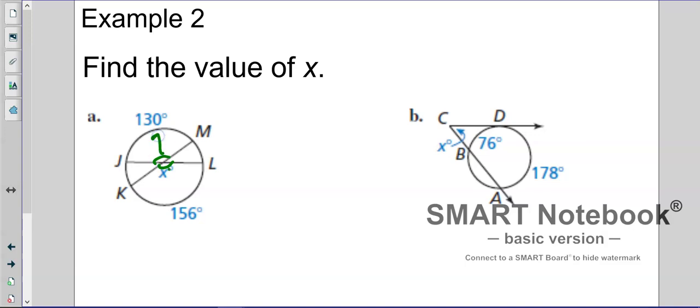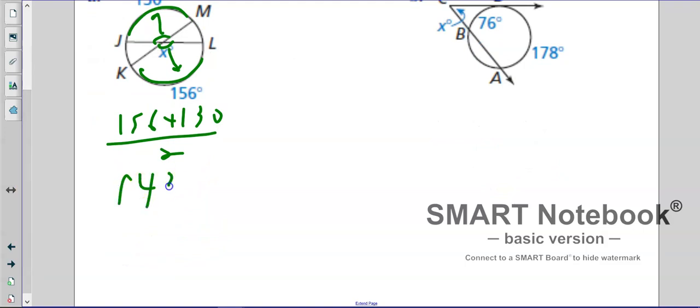They're facing this direction. Okay? So, since they're facing that direction, we're going to add these two arcs. 156 plus 130 divided by 2. Okay? Which gives us 143